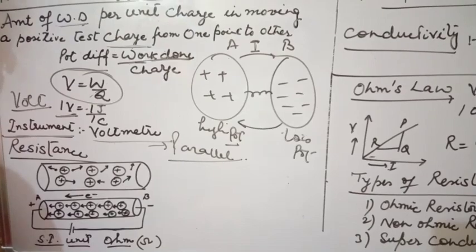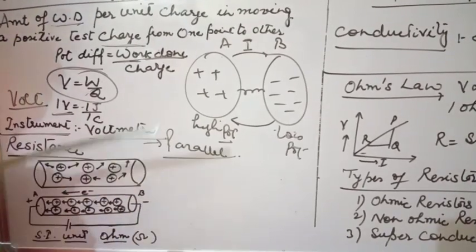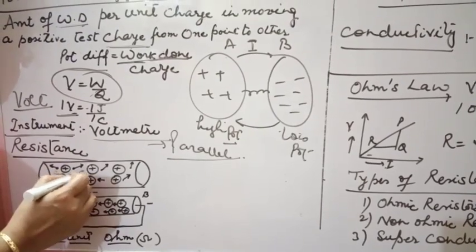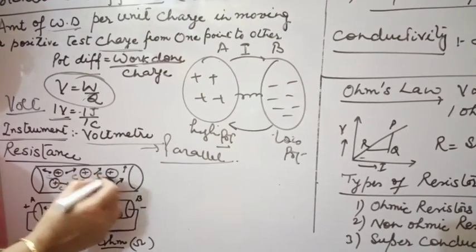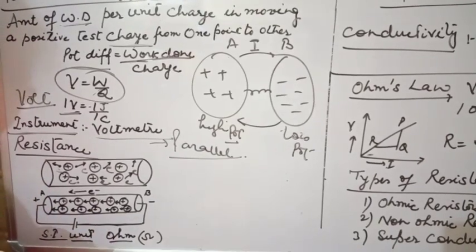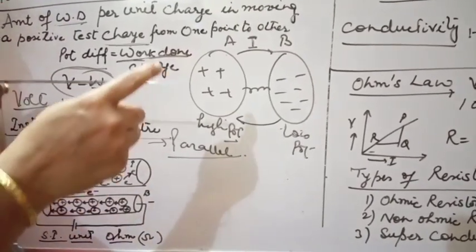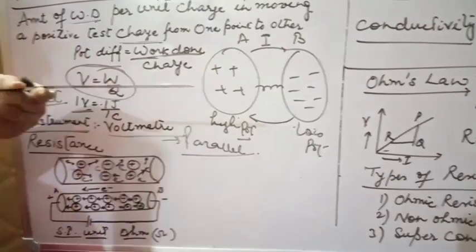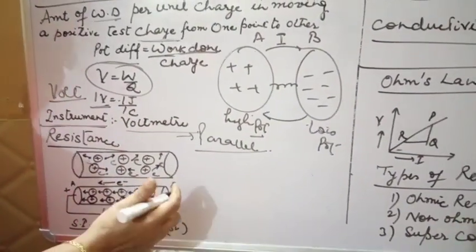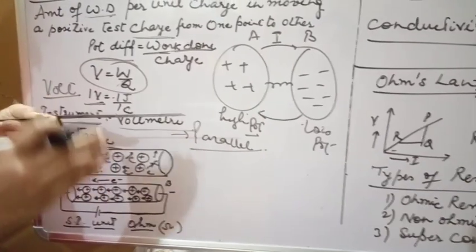So when this iron piece is freely kept, inside it the electrons are moving freely in any direction, not in one particular direction. But when I connect one cell across these two ends, what is the situation in that case? Suppose this is B side, this is A side. I connect one cell here.